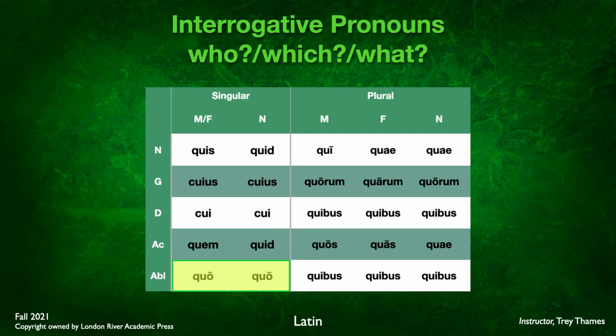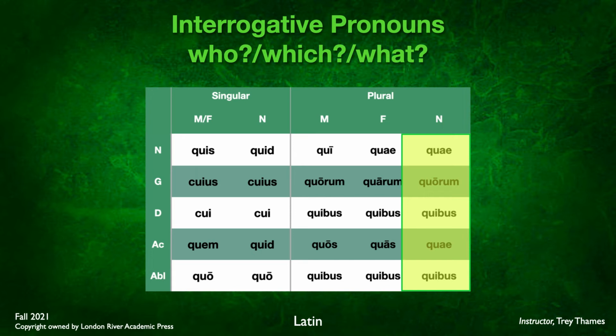In the plural, of course, we just simply take the endings, ae, orum, is, os, is, etc., and add them to the QU stem, giving us qui, quorum, quibus, quos, quibus, quae, quorum, quibus, quos, quibus, and quae, quorum, quibus, quae, quibus. So these interrogative pronoun forms are nearly identical to forms you've already learned. You just need to learn the nominative singular, quis, quid, and know that masculine and feminine are in the same form.